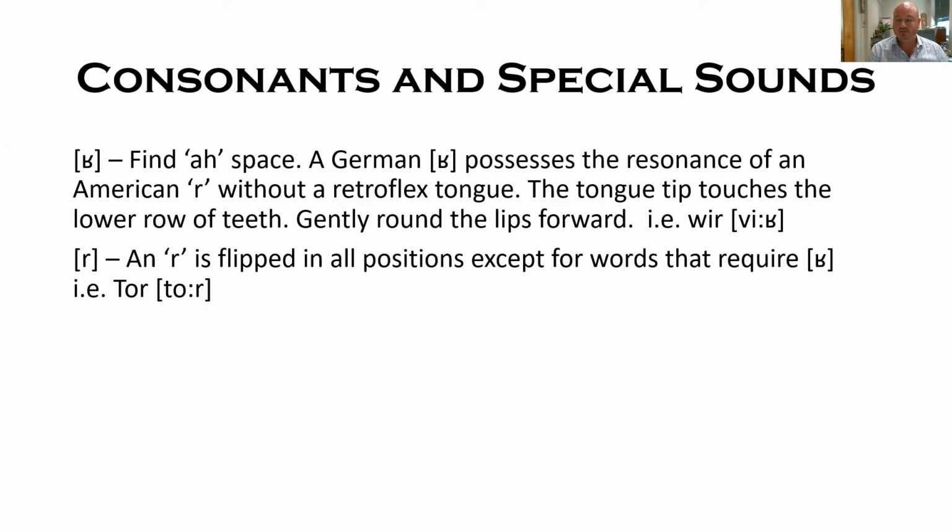The other one, of course, is a flipped R. Basically, to make it really simple, it's in all positions, final, at the beginning. Be careful, though, because there are, of course, a lot of exceptions where there are sounds with the upside down R, so you just have to be aware of which R takes which sound. But very important: the upside down R should never be a retroflex R. Keep that tip of the tongue behind the bottom teeth. That was really something I wanted to bring to your attention,